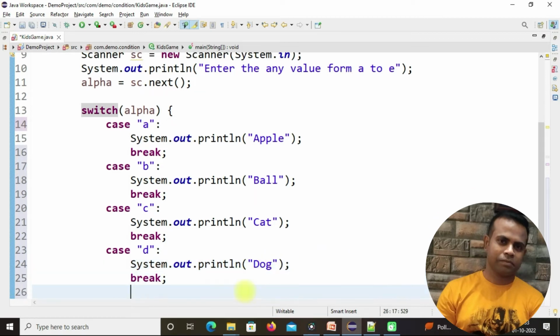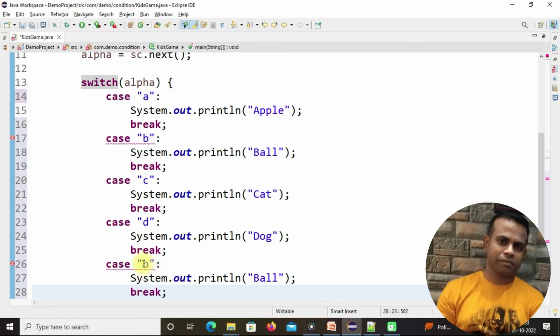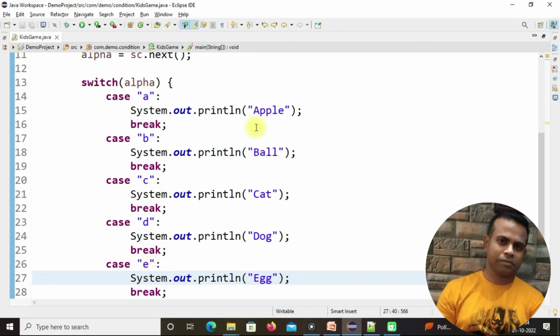Similar way, if it's an E, so paste the same thing, case, if case is E, then it should print egg. And if you see here A, B, C, D, E, for every case statement, it will print some statement for that level. If we put a value A, it will come to this and it will match that here. Yes, our level is matching, so it will print this and break, that means exit from the switch statement.